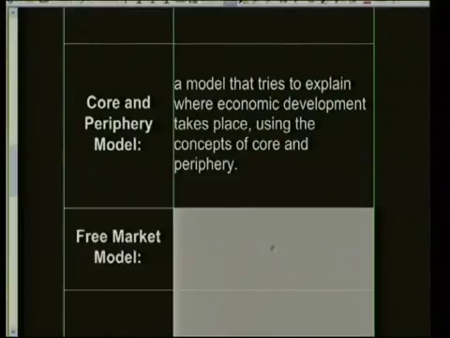All right, the core periphery model, that's one of the models that we are going to be studying in today's lesson. It's a model that tries to explain where economic development takes place using the concepts of the core and the periphery. I think a bit later on we look at a definition of the periphery, but just in brief, the periphery refers to the outside or what's surrounding the core. So when we refer to the core and periphery model, we're looking at the center part and